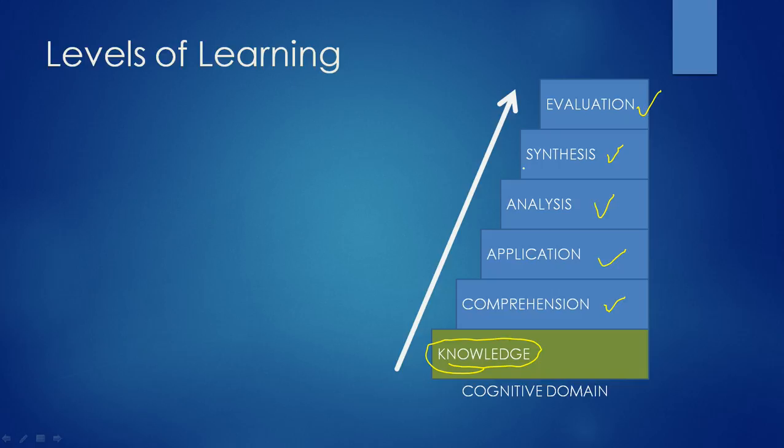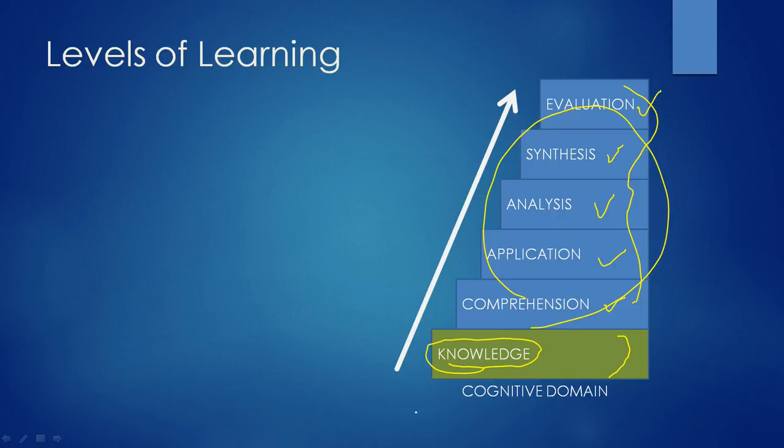So I just wanted you to be aware of these. We will talk about these in more detail. Know, though, that knowledge is by itself as the lowest level, and these other 5 are considered understanding. Okay, so these ones are understanding up here, and this is knowledge. And by the way, knowledge is not understanding. So you see there's a difference there.